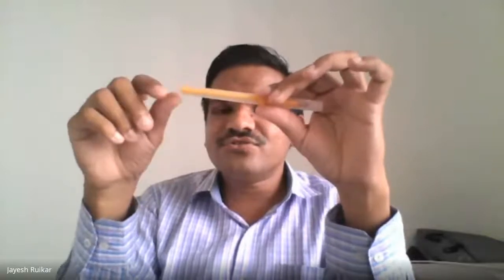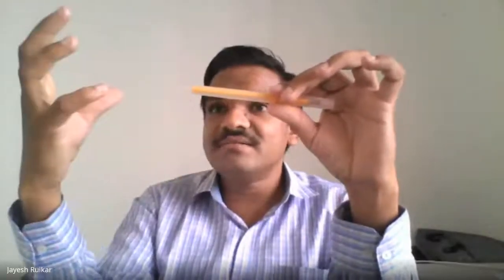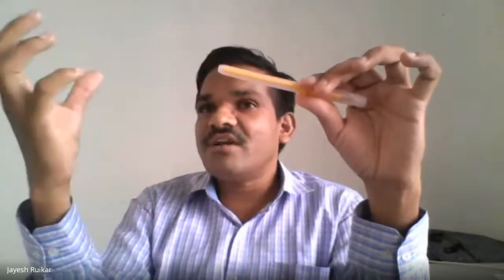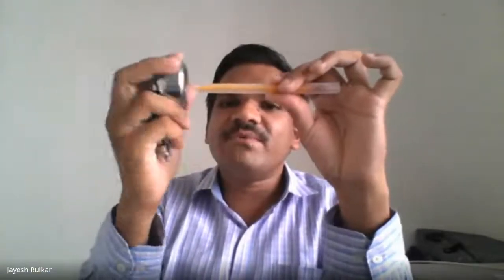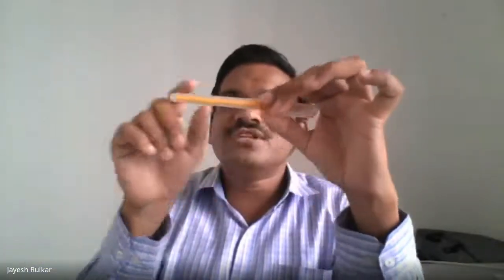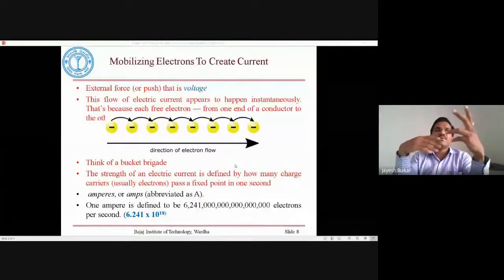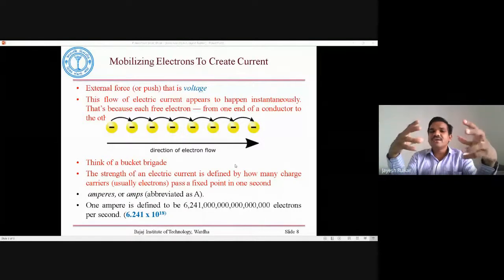So there also you can visualize how these electrons are passing. This is kind of a wave. If I start hammering on this pipe, some kind of wave pulses are generated, and they pass from one end to the other end. This is how current flows, the movement of electrons in order to create a current.